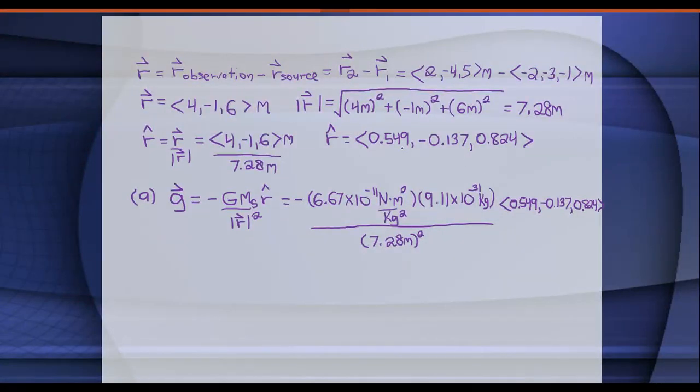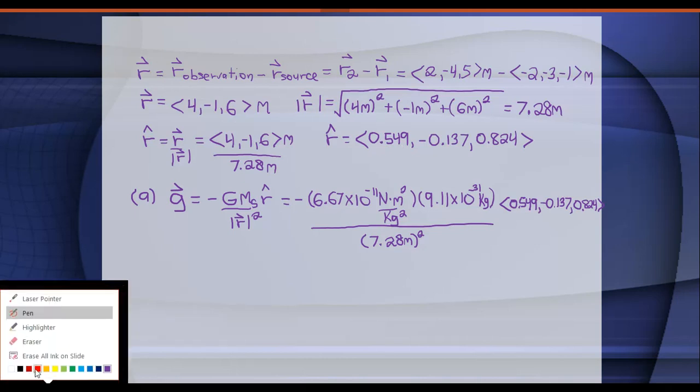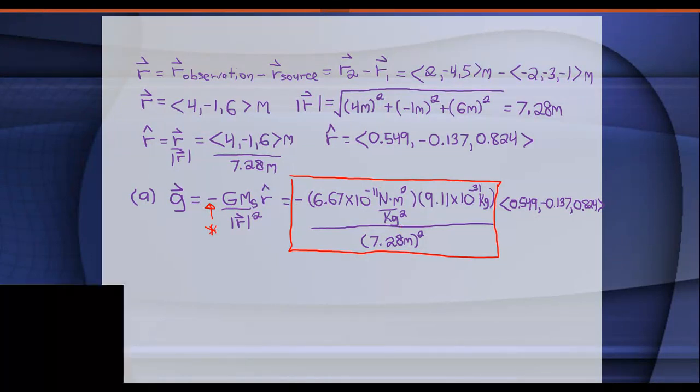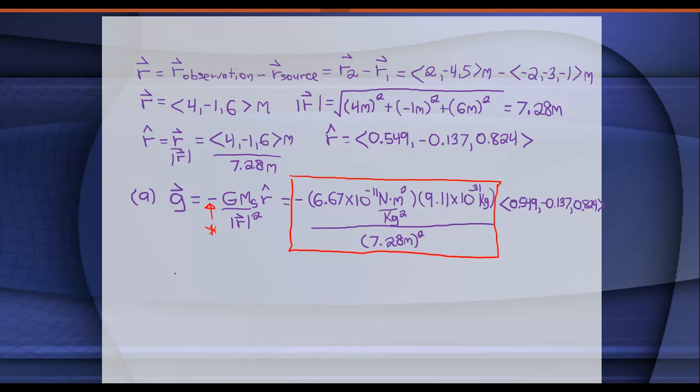Okay, this looks like a nightmare in terms of what to do here. So here's what I recommend doing, step by step. The first thing I would do is just take this and calculate it. On my calculator, I take -1, because you have to worry about that negative sign right here, and then multiply by the gravitational constant, mass of an electron, divided by r squared. So if you do that, then this would look like G is equal to,